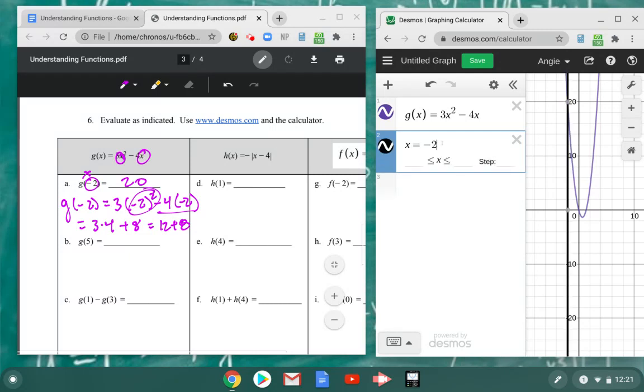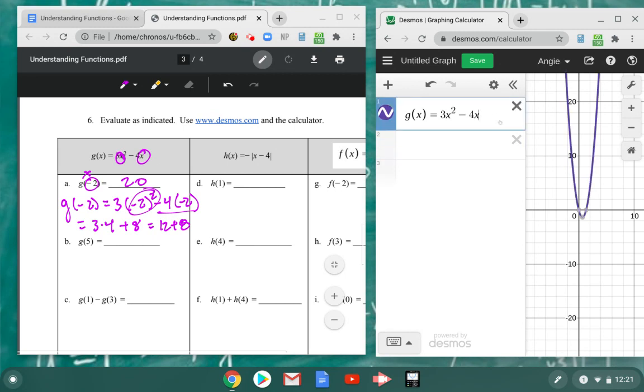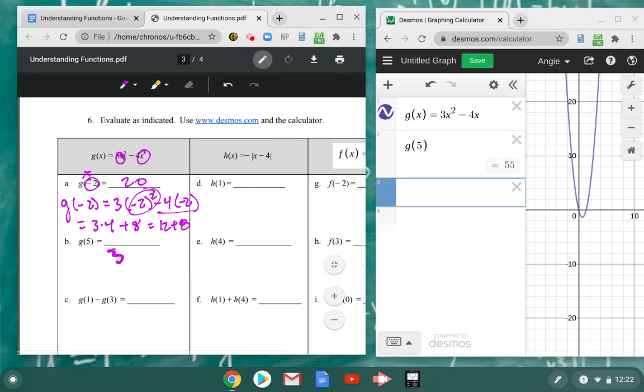Let's see, that's not what I want, is it? So actually the easiest way to do it is this way. I'm going to type g of negative 2, since I already defined the rule. There we go. So g of negative 2 is 20. And then I can just continue to change this. So I get 20, I can type 5 in. How easy is this, right? I get 55. So I've got that second one so easy,